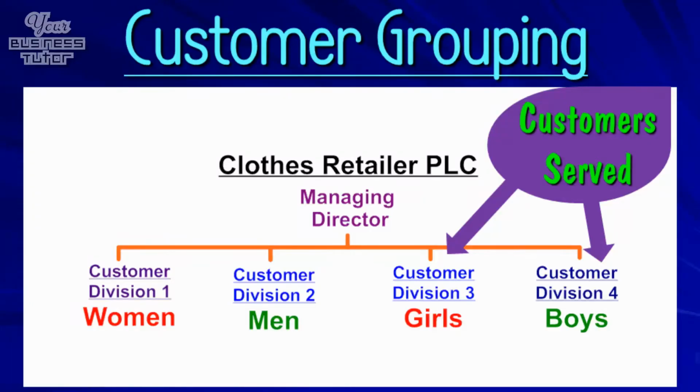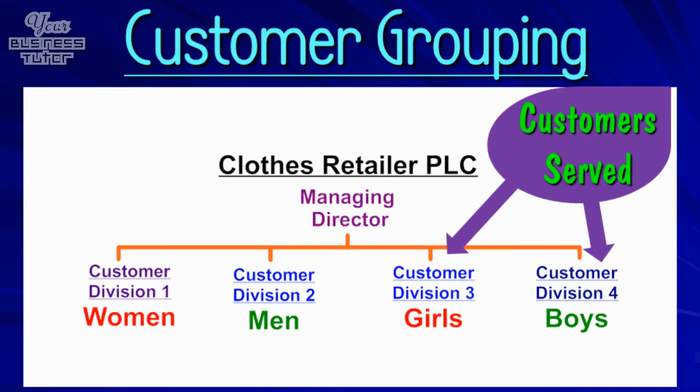So what is customer grouping of staff? Customer grouping is when an organisation allocates its staff to divisions based on the customers it serves or sells to. This can be done in one of two ways. In large organisations with thousands of customers, the business will group its customers who have similar needs and wants together. Thereafter, the organisation will set up a division to deal specifically with those customers' needs. For example, in the diagram shown, a clothes retailer has grouped its staff to serve 4 different customer groups: women,